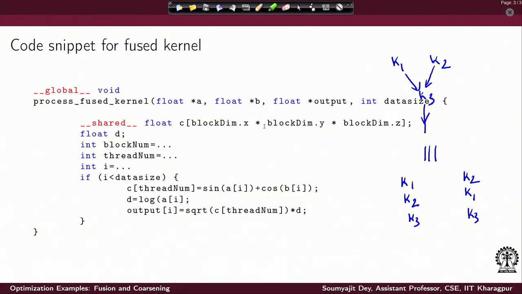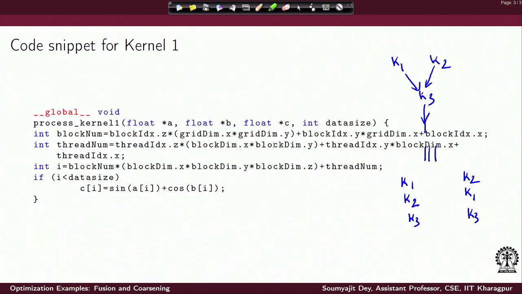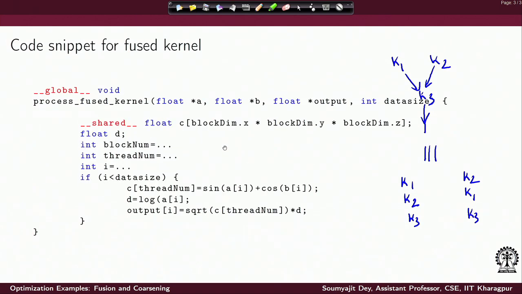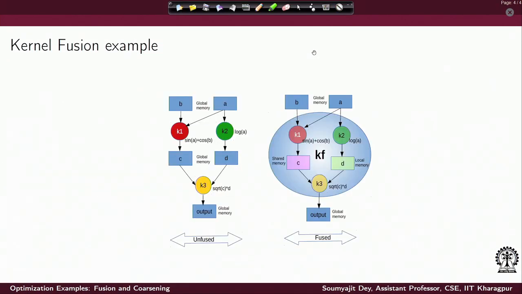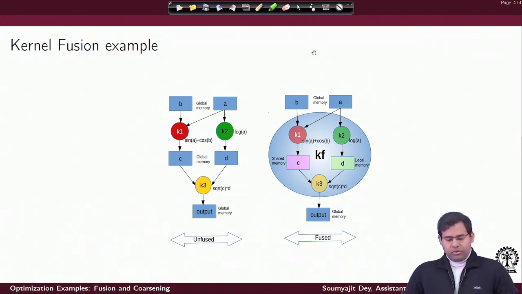So when you look at the fused kernel, what we are doing is, for each thread I am doing K1's operation followed by K2's operation followed by K3's operation. This is also a valid order. In the original arrangement of three kernels, essentially I leave it to the system to figure out how to execute the kernels, and what should be the sequence followed by each thread and all that. But when I am fusing, that sequence is set by the programmer. That is one possible observation here.